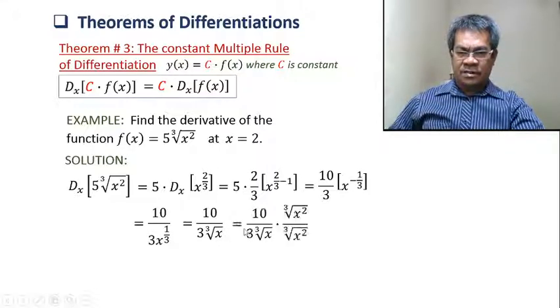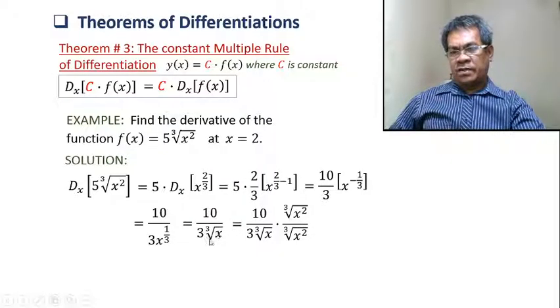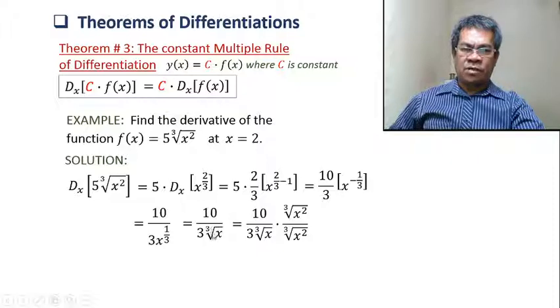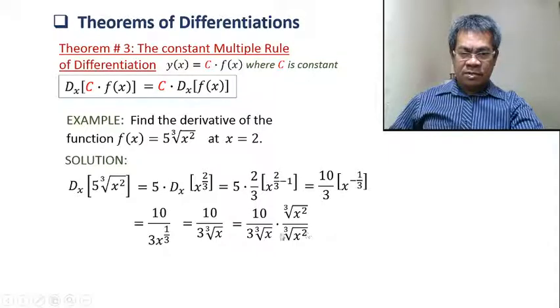So therefore the rationalizing factor should be the cube root of x squared. The rationalizing factor is taken from the behavior of the denominator. So the only way to remove the radical sign is to multiply by the same index, cube, and raise this to 2, because when you multiply this